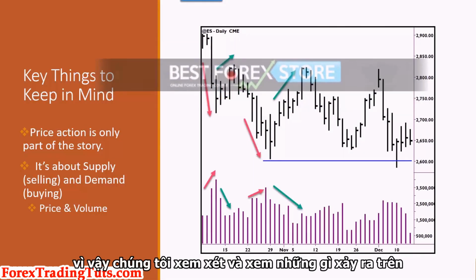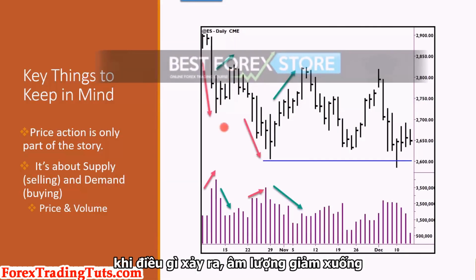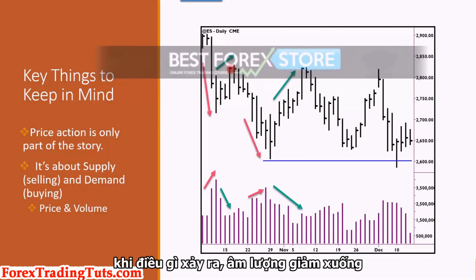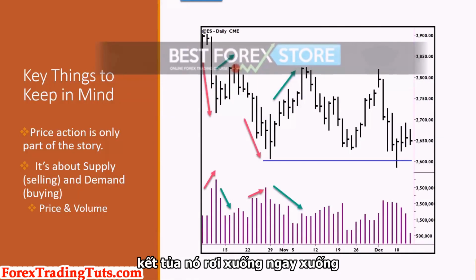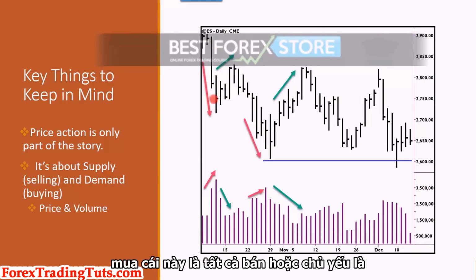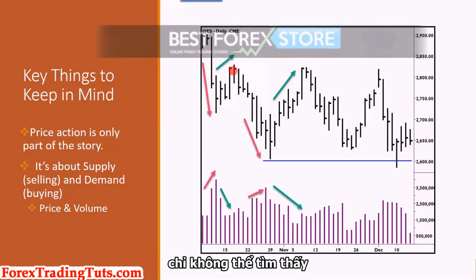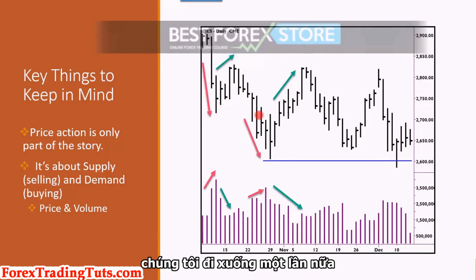So we look and see what happens on the next move, and that's an up move, and look at what happens. The volume drops off precipitously. It drops right down. There's no demand in there. There's no buying. This is all selling, or mostly selling in here. Buying just can't be found. We come down again,